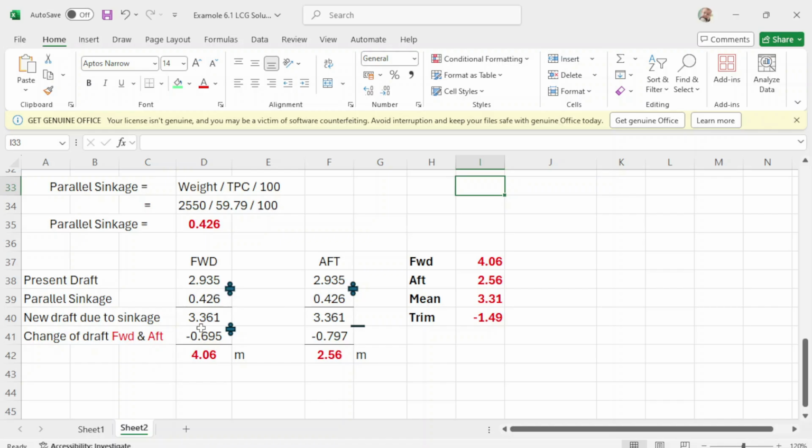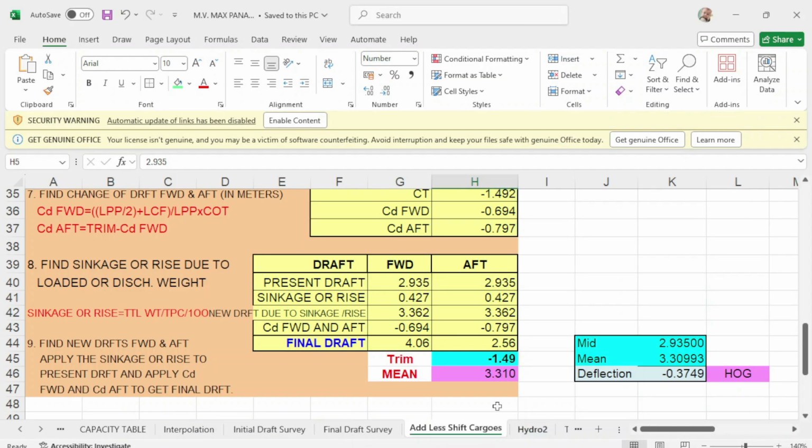You add this one, and your new drop due to sinkage is 3.361, and the program says 3.362. Apply your change of drop forward, which is 0.694.